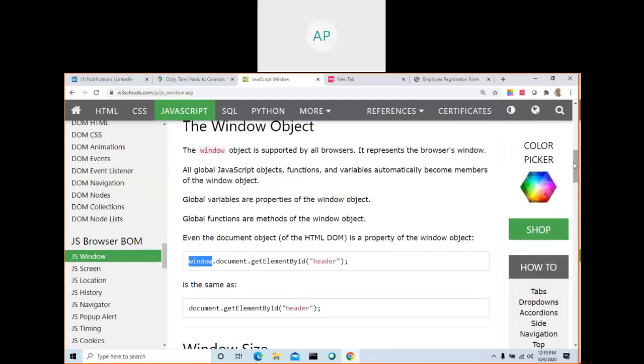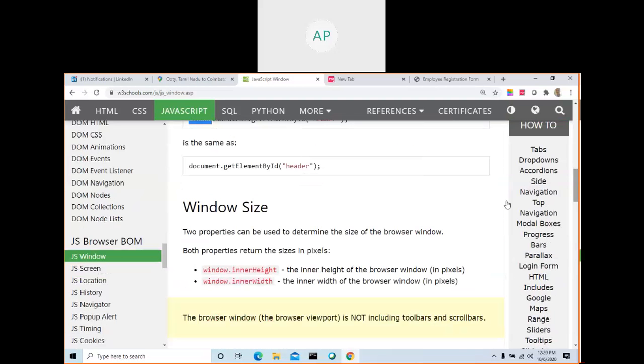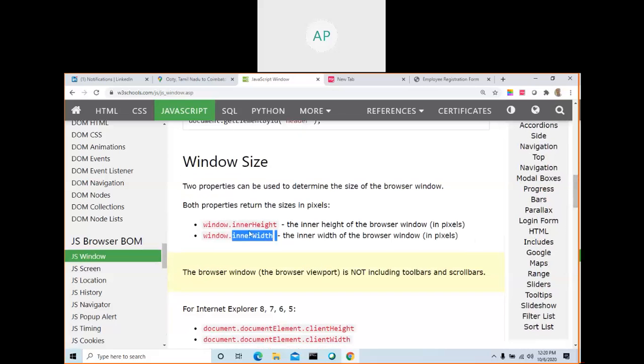You can use window. This is not a main thing, but see here, window inner height, window inner width, all the things window related. You are seeing a window, right? When you open www.facebook.com, your HTML is converted into DOM and rendered on the screen. Now we call it a window, and you can access the window height, window length, all these things by using this object.